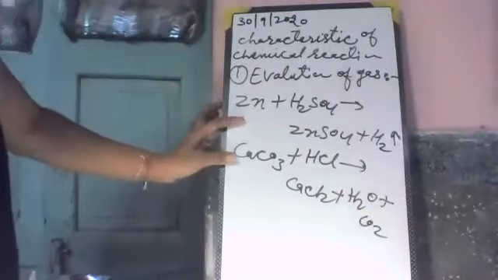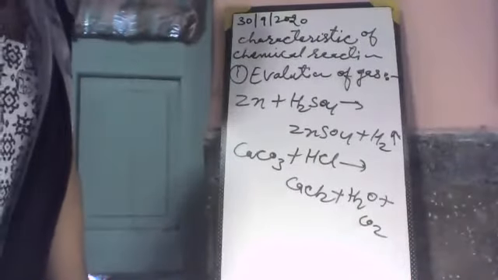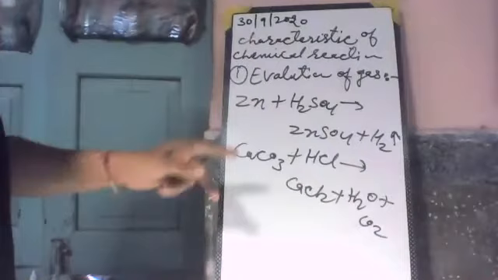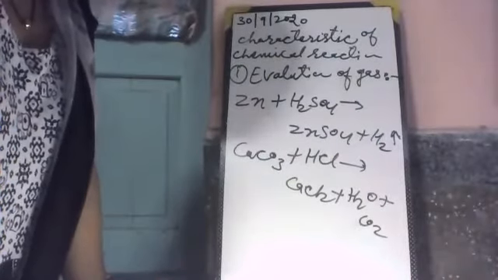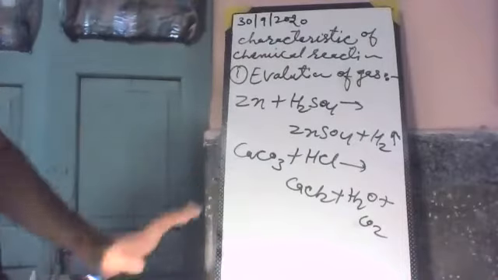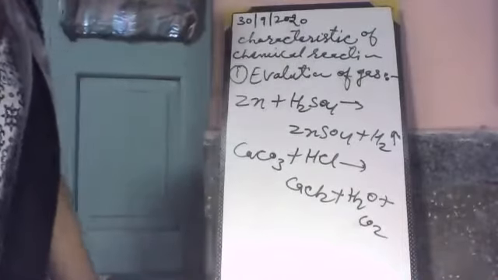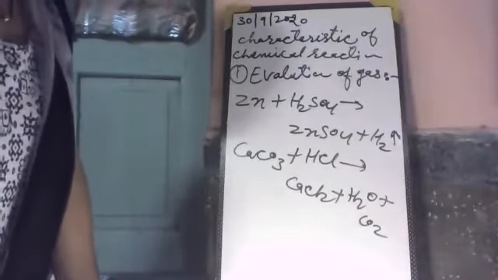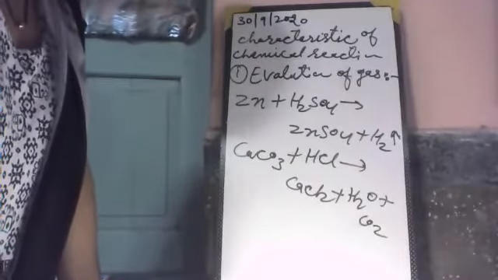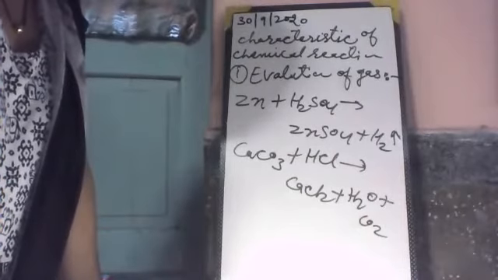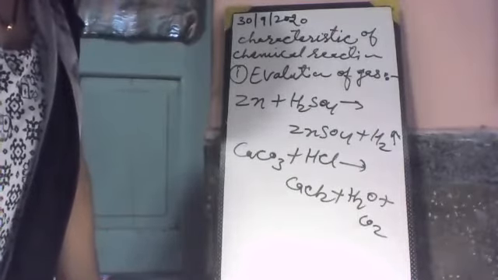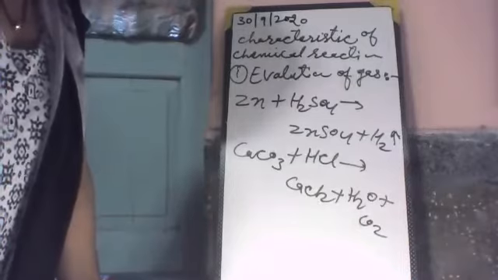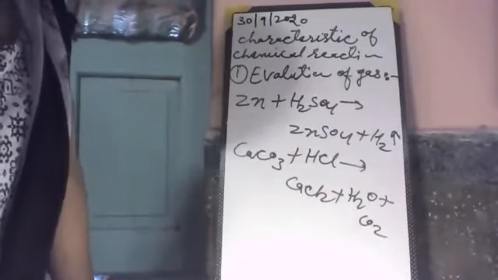In the presence of hydrochloric acid, calcium carbonate releases carbon dioxide, and this carbon dioxide comes out in the form of bubbles. We can see these bubbles in the solution. This shows that the reaction is producing gas. Effervescence is the formation of bubbles in a liquid during the reaction. In the reaction, we have seen that